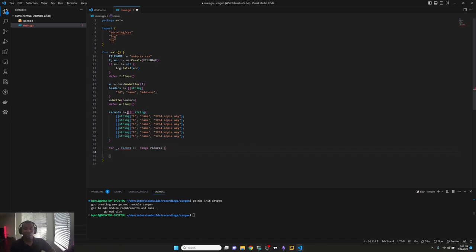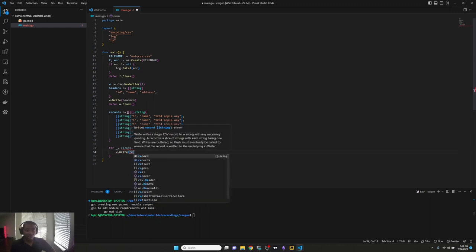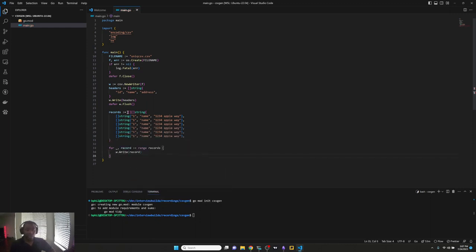And then we just loop through these. Now this first part here is the actual index inside of this 2D slice, so slice of slices. And we're just going to mute that. We don't want to handle that, because if we didn't do this, when we tried to run it, it would say this isn't in use. It's going to be some type of warning, and we don't want that. So we could do this, and then we could go w.write and pass the current record. And then we can defer